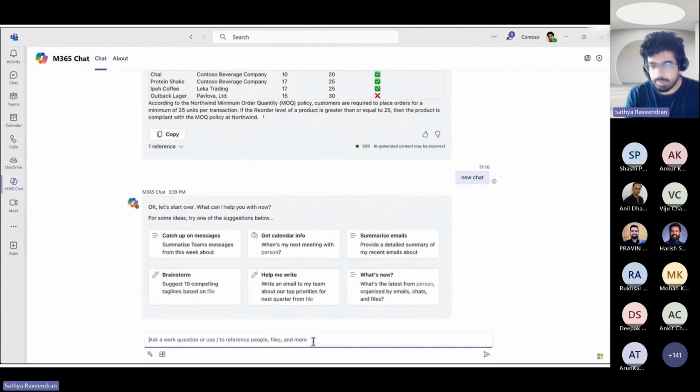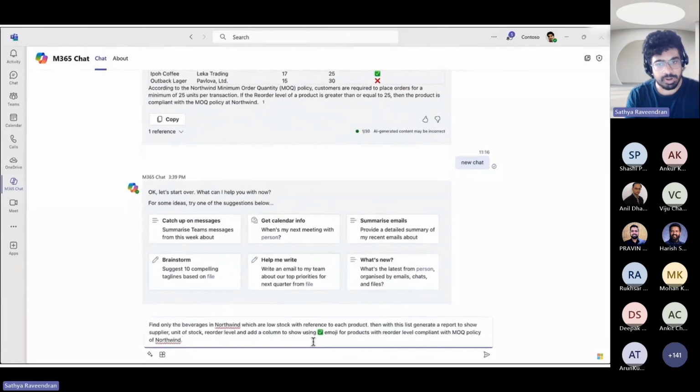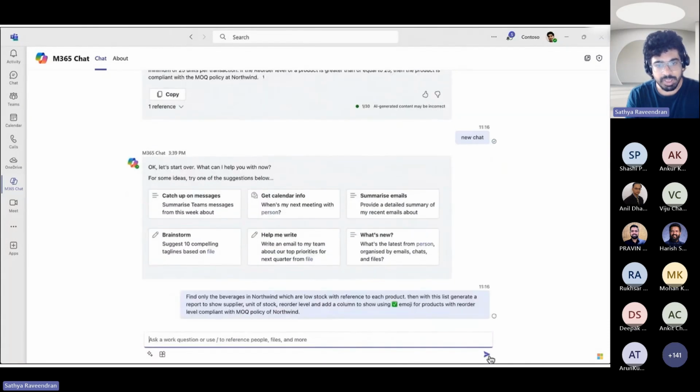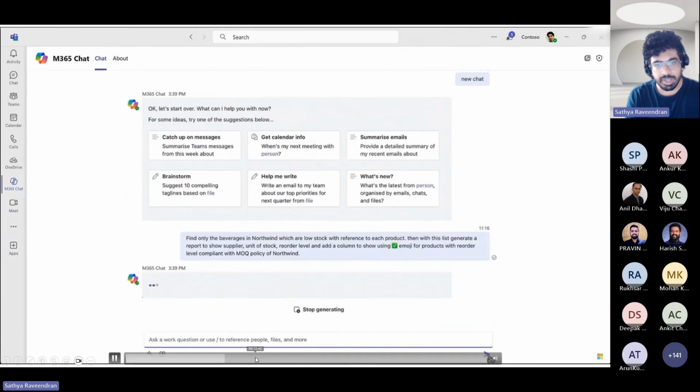Some other things that you can ask the same inventory database is basically you can ask it to give me the reorder levels and so on. And once it gets the response,